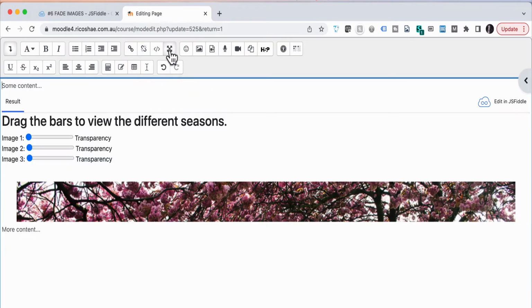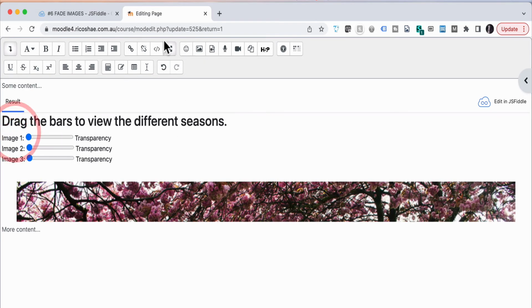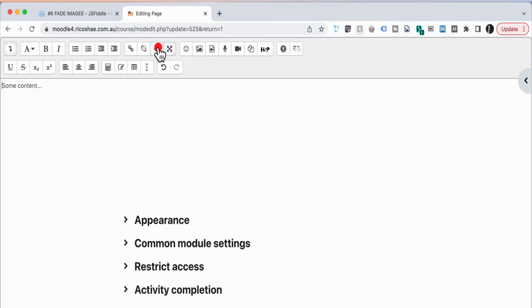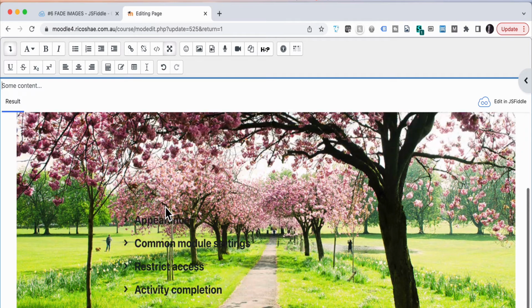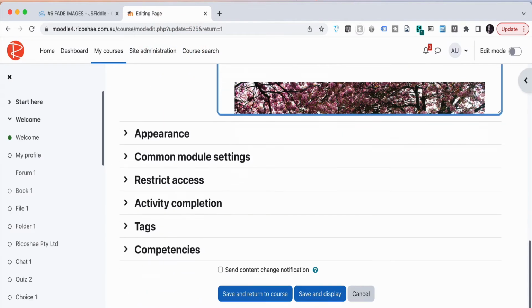There it is. And you can see now that it's appeared in there, but notice that we're losing a lot of the image. That's just because of our height. Now we've got a height of 300. To make this fit more successfully, we can change that to say 600 and switch that back, and now you can see more of that image. And if I cut that back to down here and save and display,